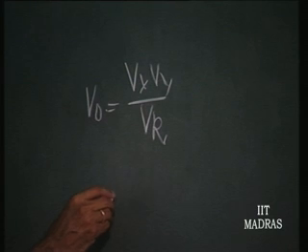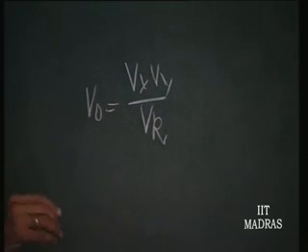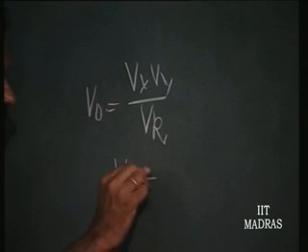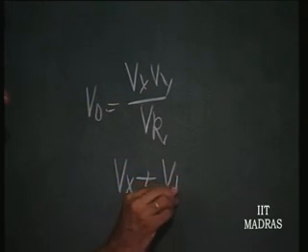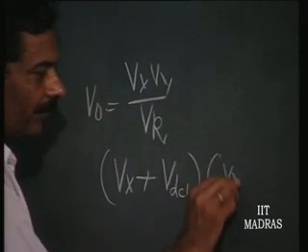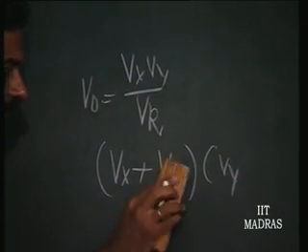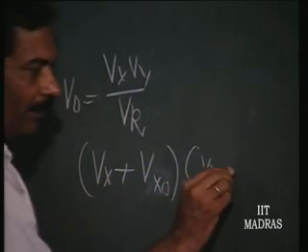Now, if I want to operate with dual polarity input, obviously I will put V x plus some V 1 d c, and V y plus